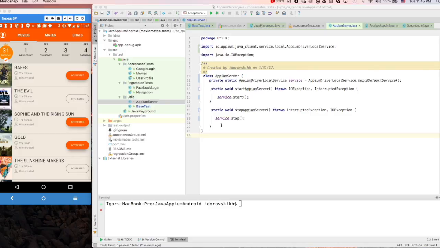Everyone, this is Igor from BakeQA Training, and today we're going to talk about how to start and stop Appium server from your code. So here we are, an existing Java project built using TestNG and Appium library, and on